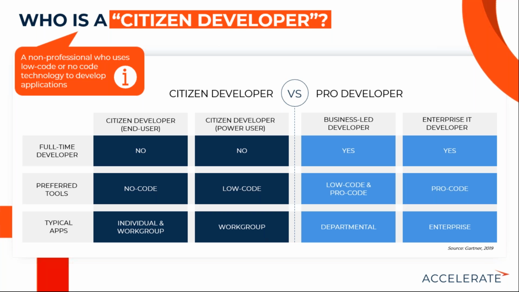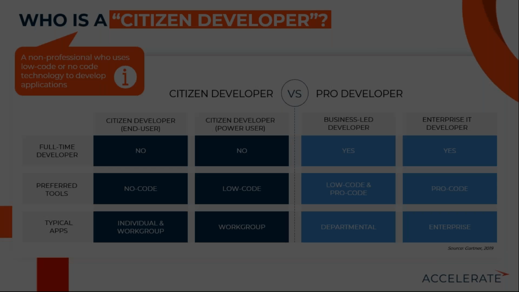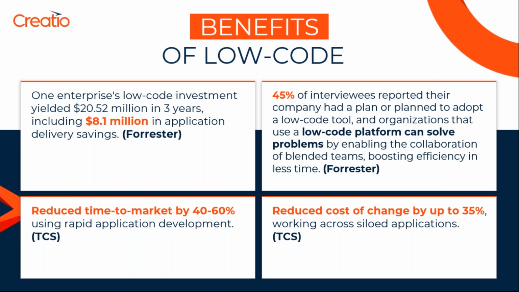We need to make sure the citizen developer is not somebody who is going to completely displace the professional developer. There are spaces in which professional development is still required, and there is a space where the citizen developer is required. Citizen developers are often not full-time developers. They only do this on a part-time basis, and are still more focused on growing their businesses and on business processes. The professional developer, on the other hand, is super focused on other things like cloud development, deployment, and so on. So we have to make sure that they definitely coexist.